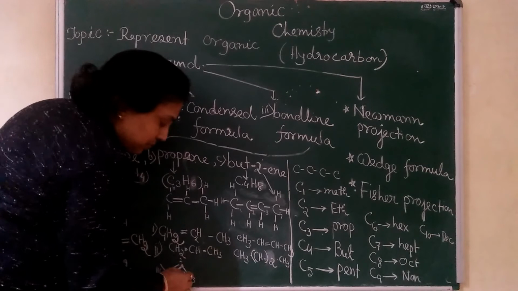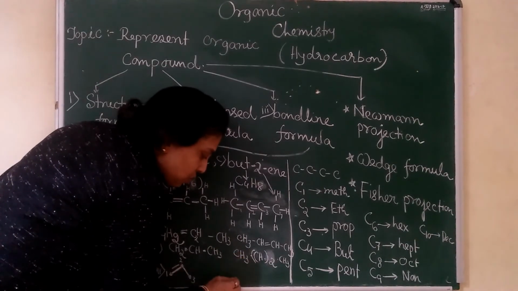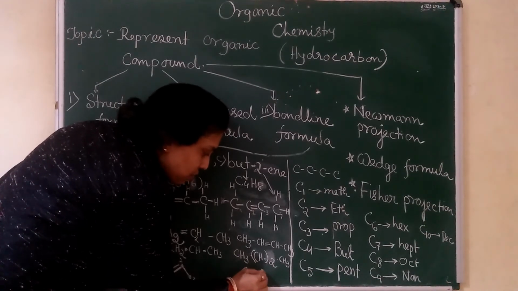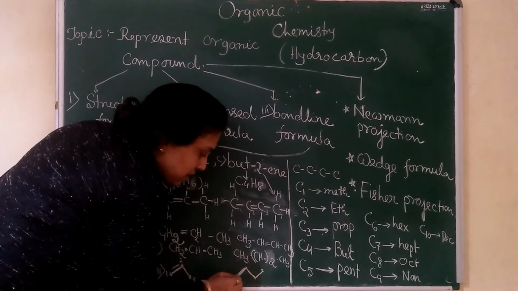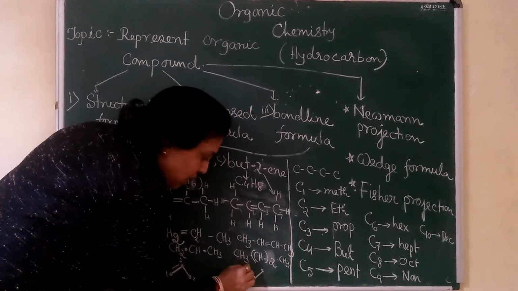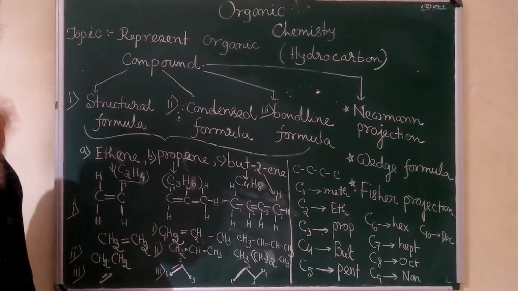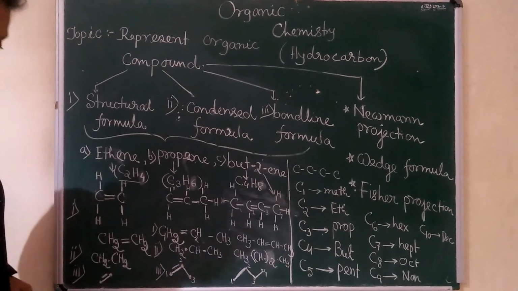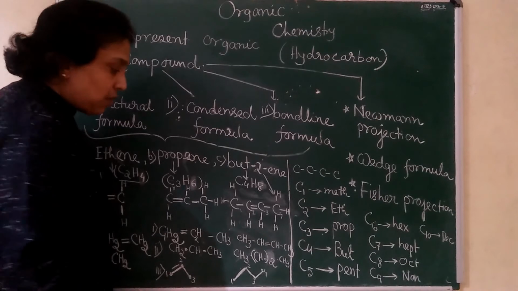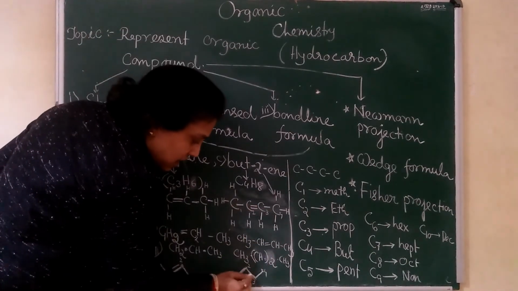Next is bond line. Okay. So how many carbons? 4 carbons, 1, 2, 3, 4. So I have given 4 carbons. You can keep the numbering also, no problem. 1, 2, 3, 4. The dots are the 4 carbons. The sharp ends are carbon. Okay. So now in between which carbons is the double bond? In between second and third. In between second and third.